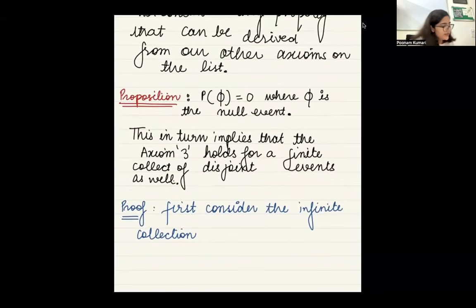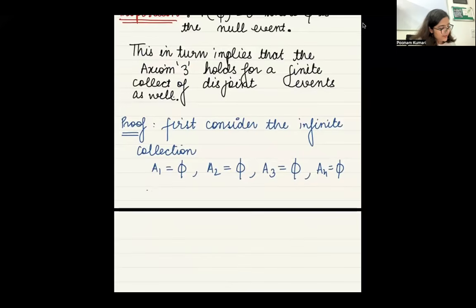What is the infinite collection of events I have? That my event A1 is a null event. My event A2 is also a null event. My event A3 is also a null event. My event A4 is also a null event. And like that, I can keep going on, right? My event AN is a null event. And similarly, I have infinite events which are null events, right? Is that okay? So what I did was I created a list of infinite null events. Is that okay? What is the intersection of two null events? If there is an event which has nothing, if we intersect it with an event which has nothing, what do we get?